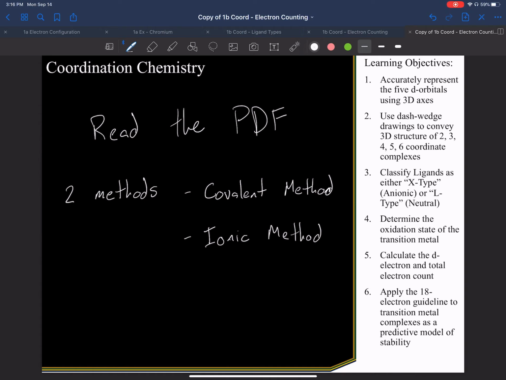So go ahead and read this PDF. You'll be ready to come to class on Wednesday, where we're going to do some more practice with electron spin states, which are going to be foundational for inorganic chemistry, as well as practice on electron